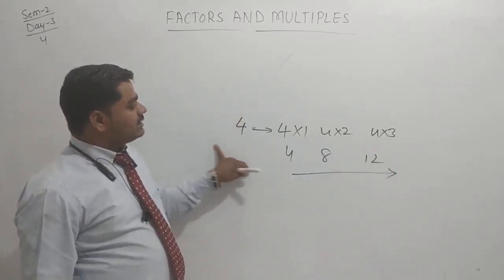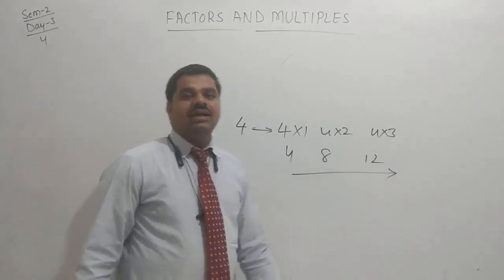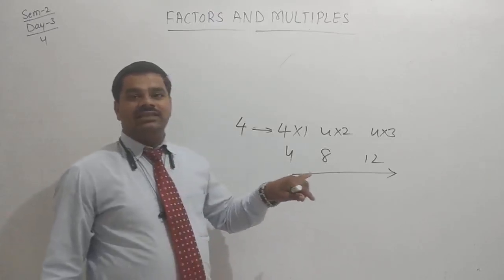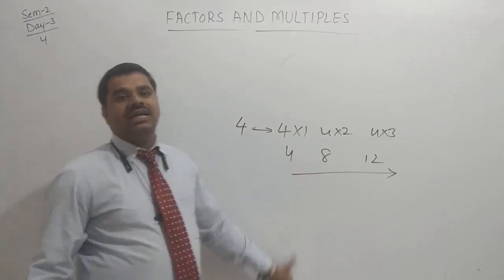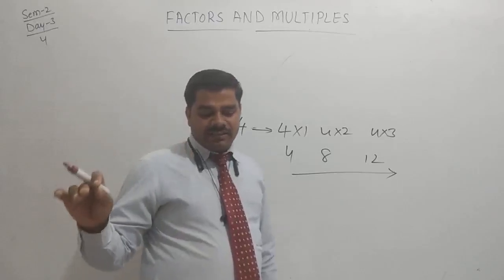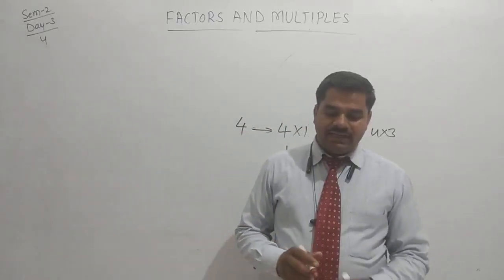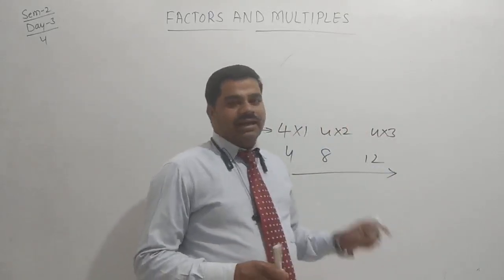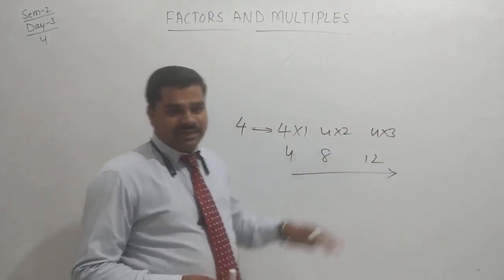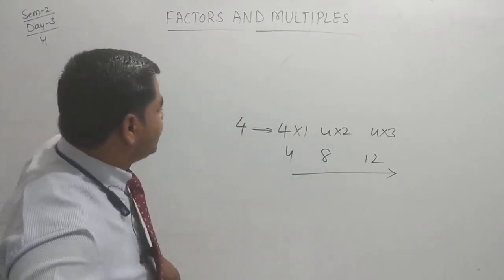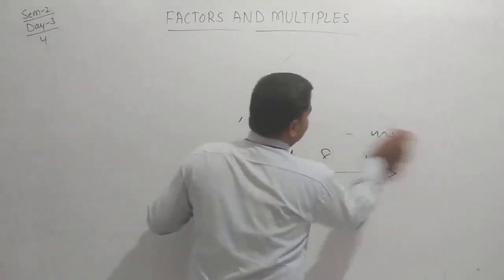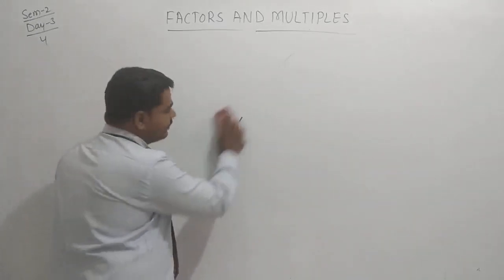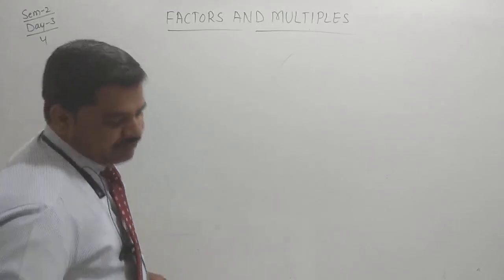That's why we can say the multiples are the product obtained by a number and any number except 0. A multiple of a number is the product obtained when the given number is multiplied by any number except 0. That is we call the multiples of the numbers. That definition we have to take. What is the multiple? A multiple of a number is the product,